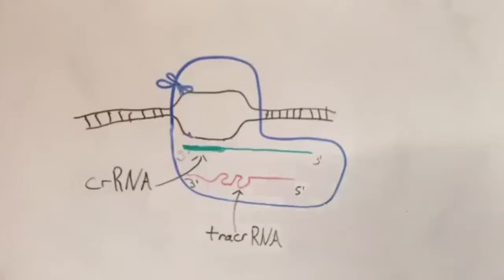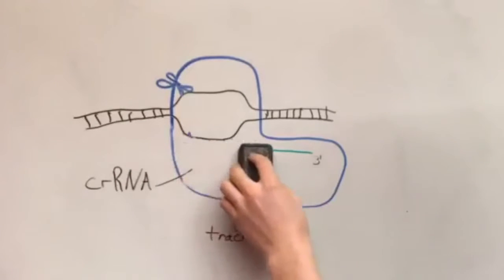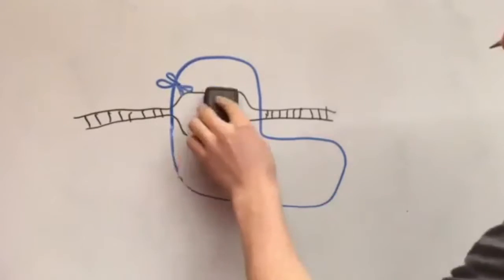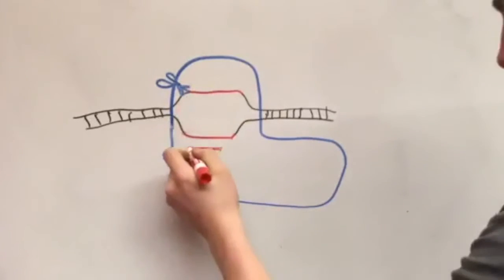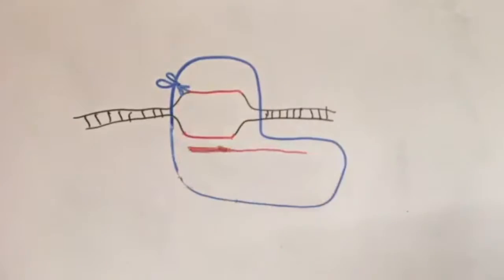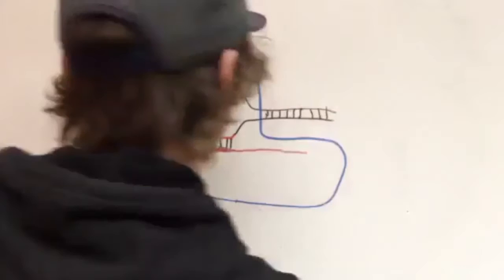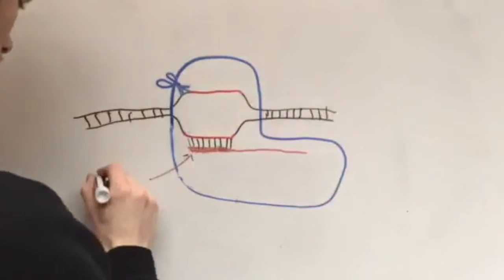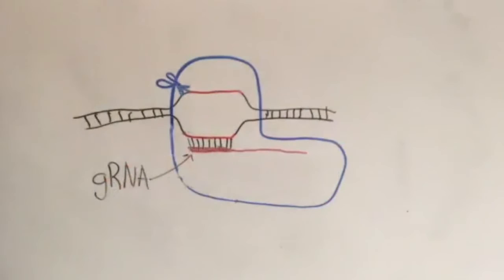What these scientists did with this protein is that they put their own sequence of DNA into the spacer, or CRISPR segment, and then connected it to the tracer RNA. What this created was a tracer RNA CRISPR RNA chimera, which we can also just call guide RNA. So pretty much they created a new type of RNA and a two-part system made up of the Cas9 protein and the guide RNA. The guide RNA holds the information telling us where we want to make a cut in DNA, and the Cas9 protein is the part that actually does the cutting.